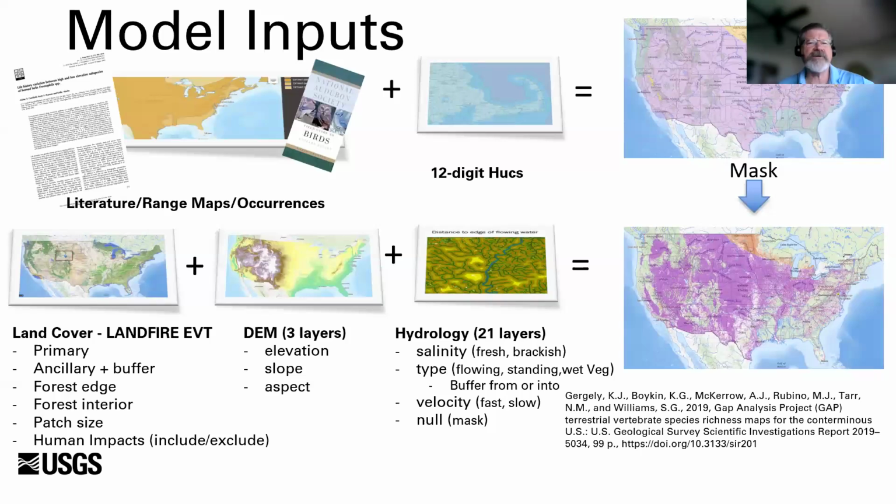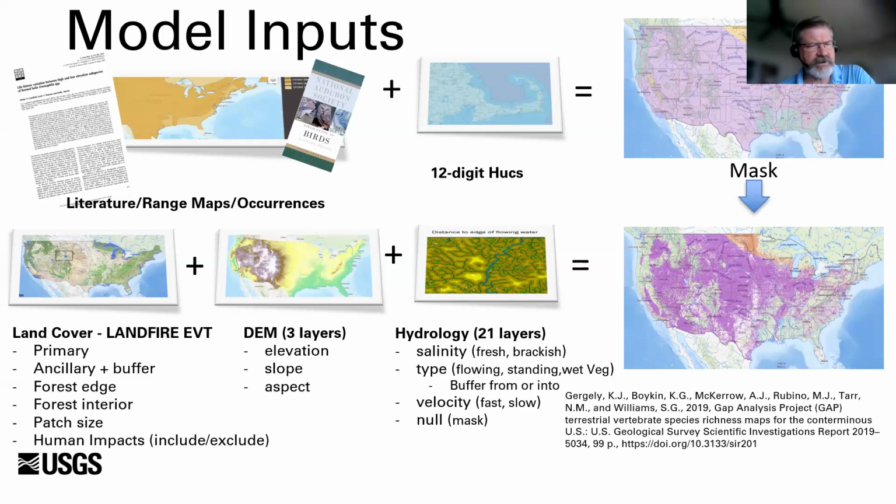It's more of a graphical description of our process where we take that literature, we take online databases, we take the good old standard range books, and we create a range for the species. And we are using a polygon layer. It's the 12-digit hydrologic units. So we use that to create a mask of that range. And then we create that habitat model.